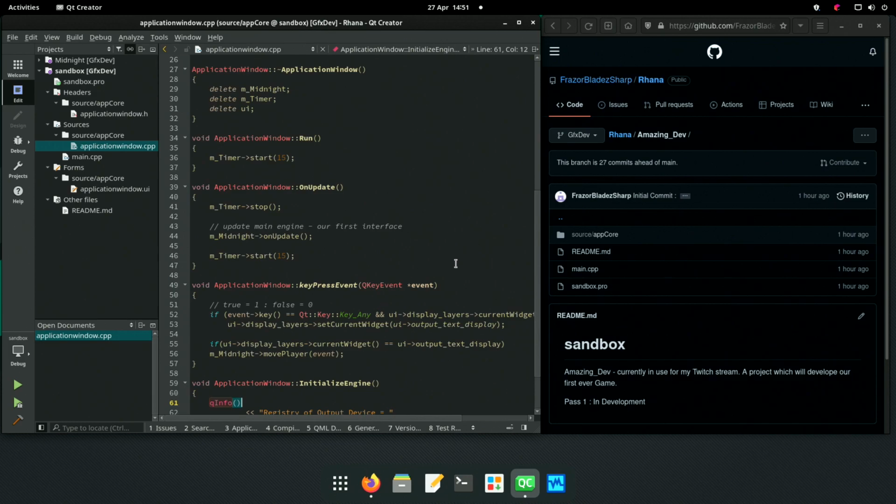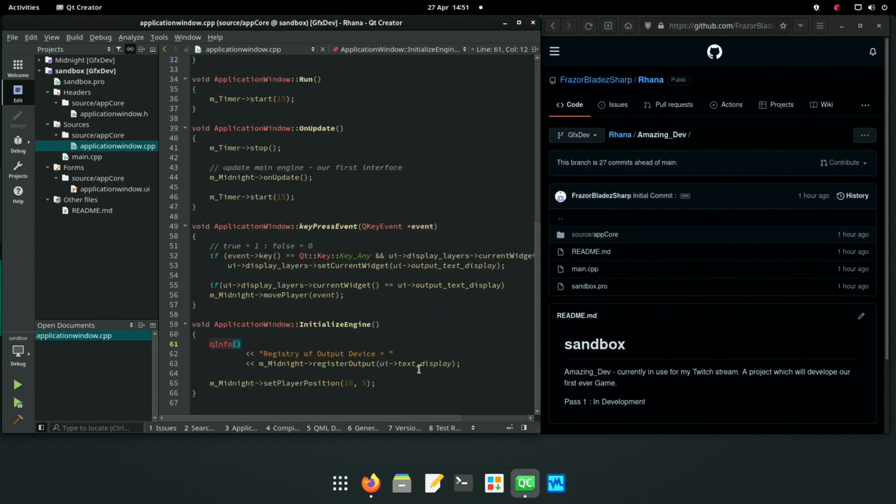Instead of the midnight system working out what the event is, we are sending it through. That's backwards. The midnight system should give us the event. So this is the wrong way around, but that's what we've got, so that's what we'll work with. The only thing we seem to have here is set player position. So is that the only thing we can do with our system?